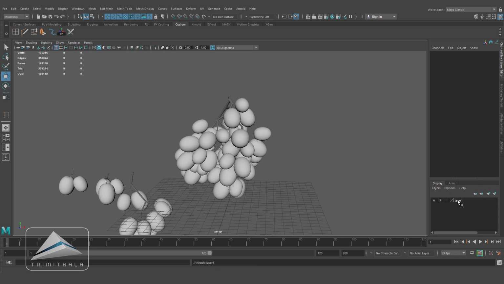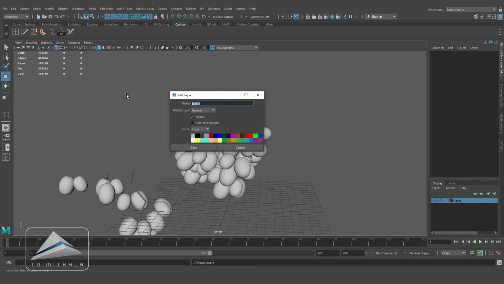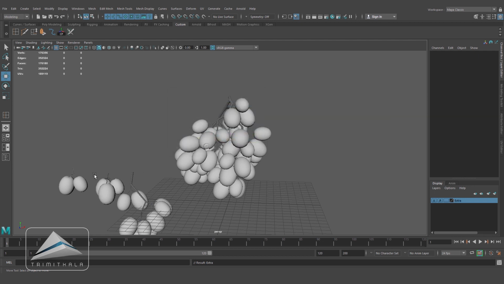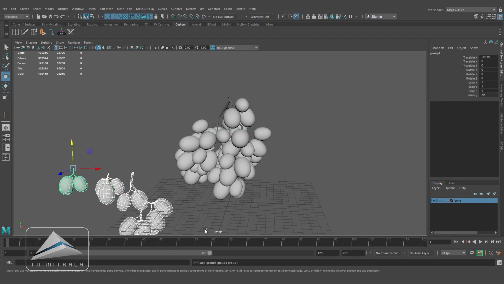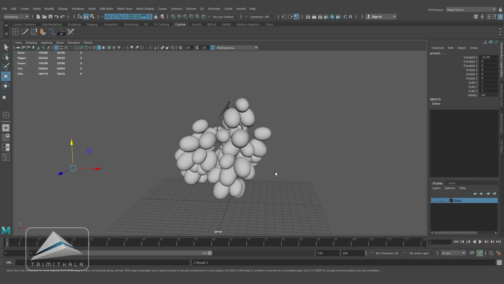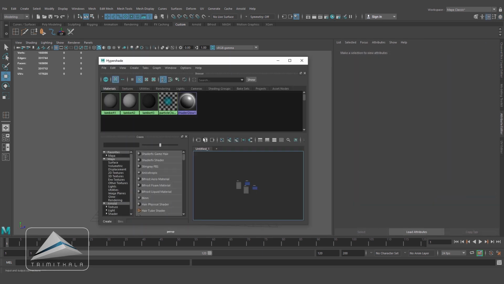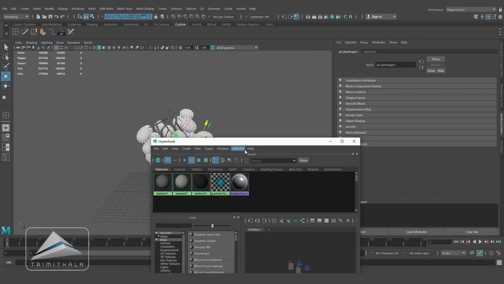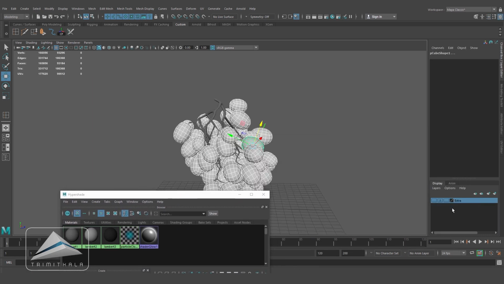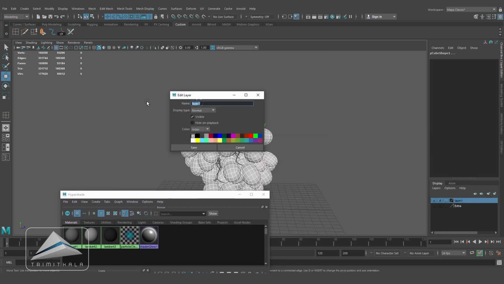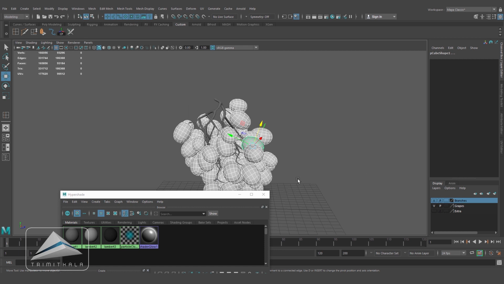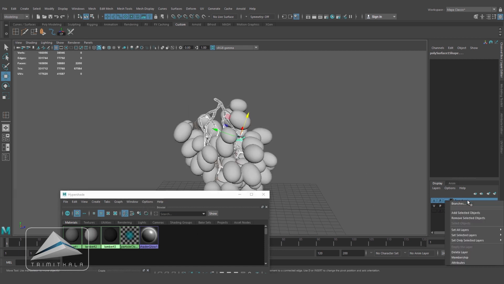Now let's create a new layer and name it extra, and select all these grapes and keep them in that layer and click it off. Now the scene is looking clean. Going to the hypershade and right click on my white material, click on select objects with material, creating a new layer once again and just naming it grapes, and creating another layer and naming it branches. Now selecting all the stems through the material and keeping them inside the branches